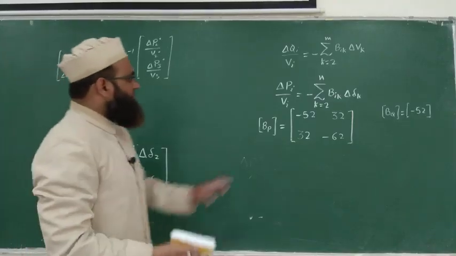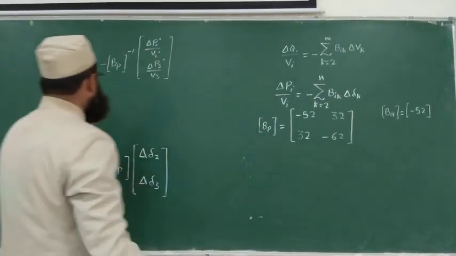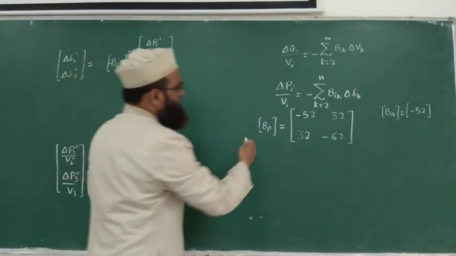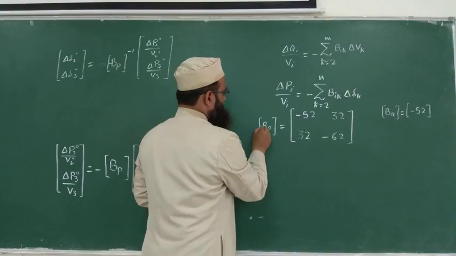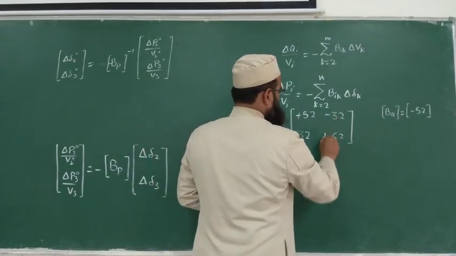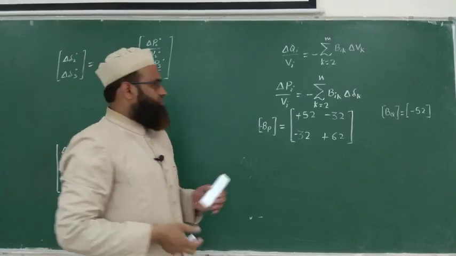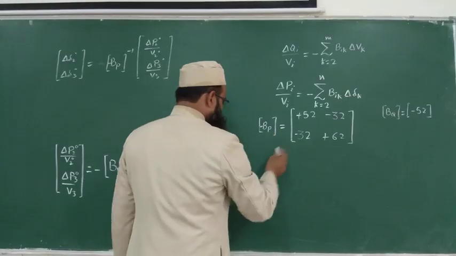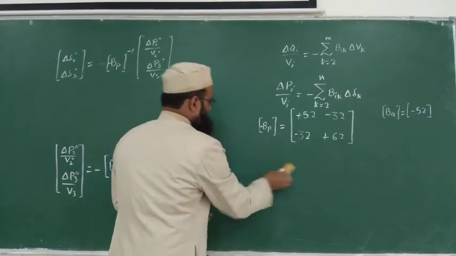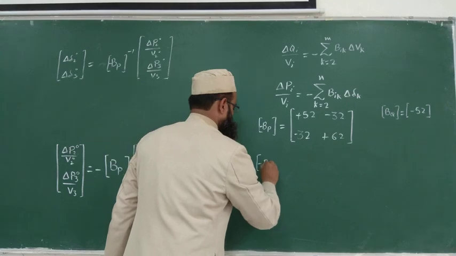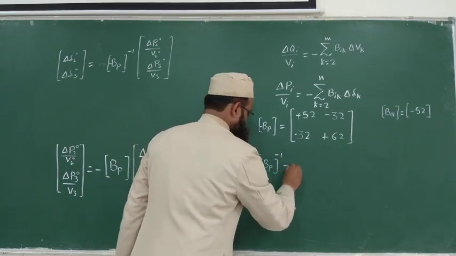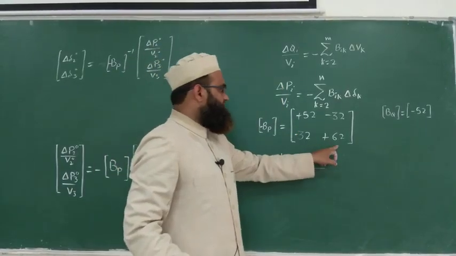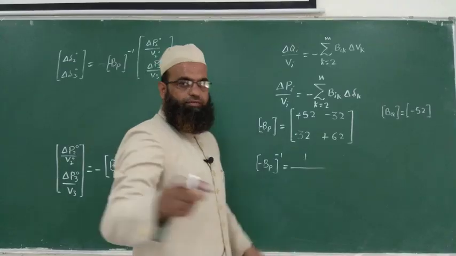So you need to take inverse of this. So directly you may take inverse of minus BP. You may put sign inside, right? So minus BP will be, if you are taking minus BP, so it will be plus minus, isn't it? So how to take inverse? This is minus BP, whatever. So inverse of this will be, how to take inverse? 1 upon determinant of this: this into this minus this into this. So how much?